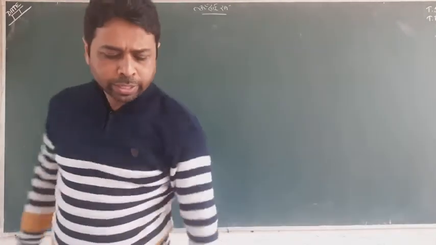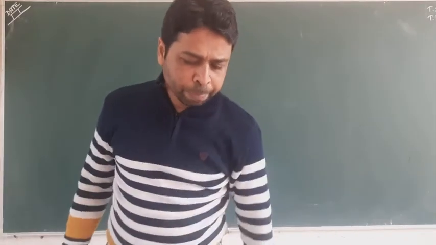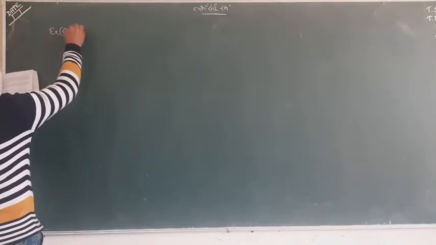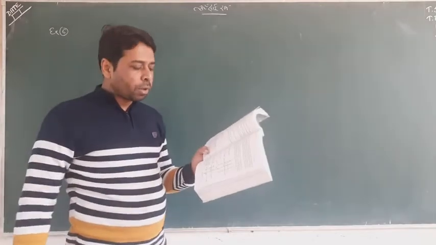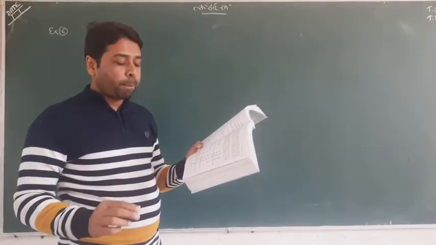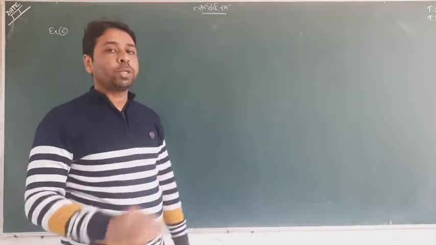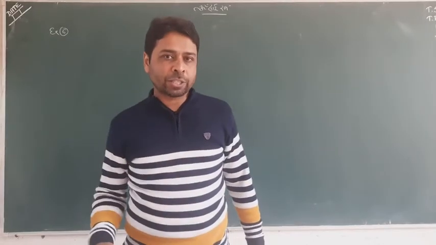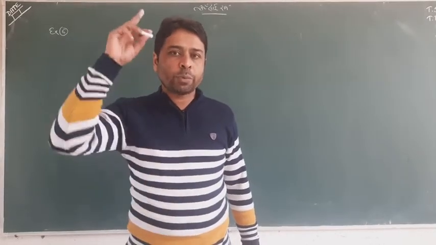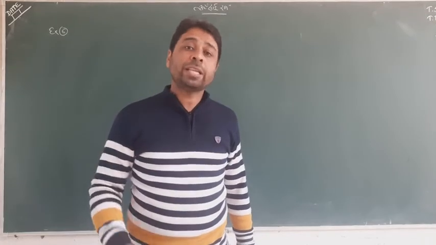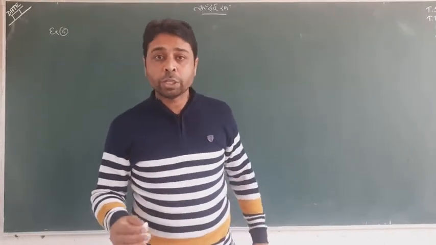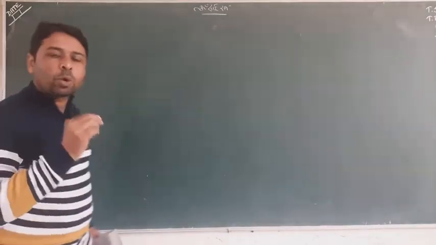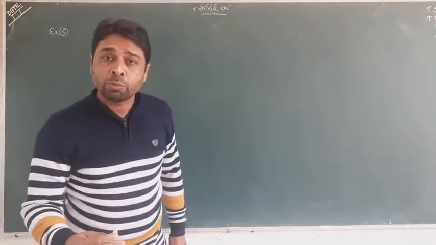It depends. I start with some question. First question I want to take, example number 6. Find the equations of a line parallel to axes passing through (-2, 3). So two questions are asked. Axes means x-axis and y-axis. So first of all, we have to find the equation of line parallel to x-axis and then the equation of line parallel to y-axis when it is passing through (-2, 3). Equation of line parallel to both axes, one by one we will find out.